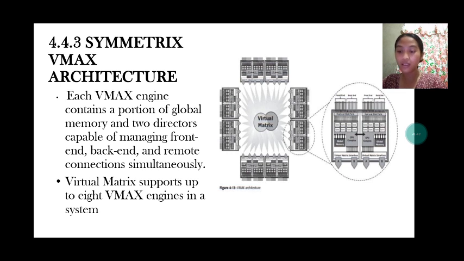The virtual matrix, or the VMAX, supports up to 8 VMAX engines in a system, which is shown in the figure. Here we have figure 4-13, which is the VMAX architecture. So to sum it all up,